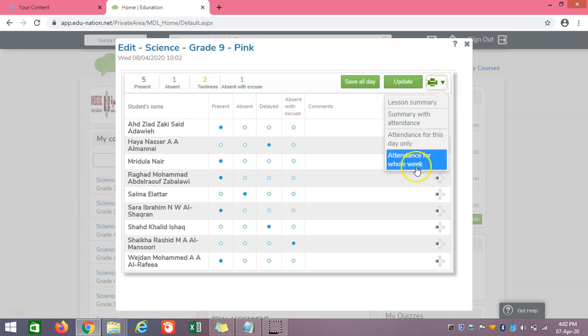Then next is about the attendance for a whole week. It doesn't show it because we have not updated for the whole week. If you are updating for the whole week and then if you are clicking it, we can see the attendance for the whole week. Here there is option for comments, but this is not enabled over here, so we cannot add the comments over here now.